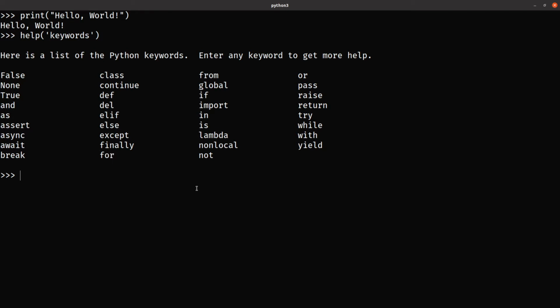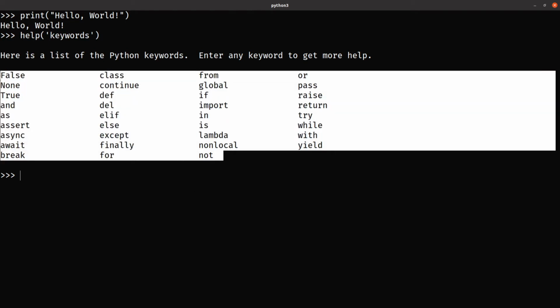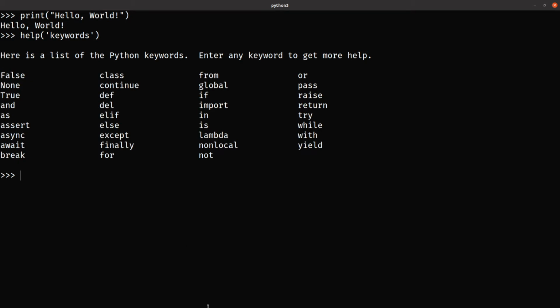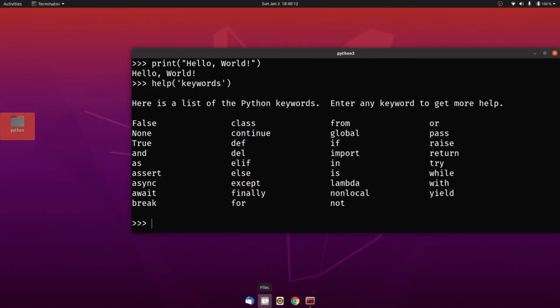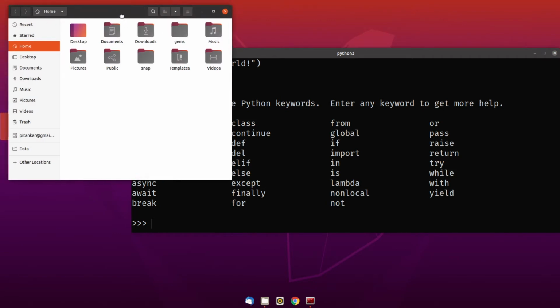Okay, so that said, we're going to take a look at what each keyword is as we go through the playlist, so to speak. But right now, let's just focus on what data types Python provides. Given that we know the keywords, let's try and understand the various data types this language provides. To do that, I'm going to open up